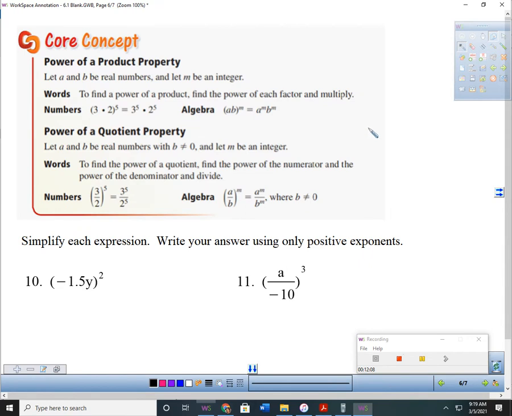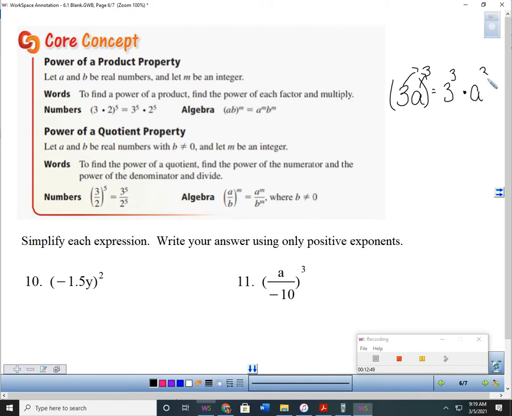All right. So now we have the power of a product property. This is like, let's say that I had 3a and I raised that to the 3rd power. Since I'm multiplying these 2 things in here, I can kind of distribute the exponent. You can't do that if you have a plus or a minus sign, but if you're multiplying or dividing, you can. So this would be the same as 3 to the 3rd times